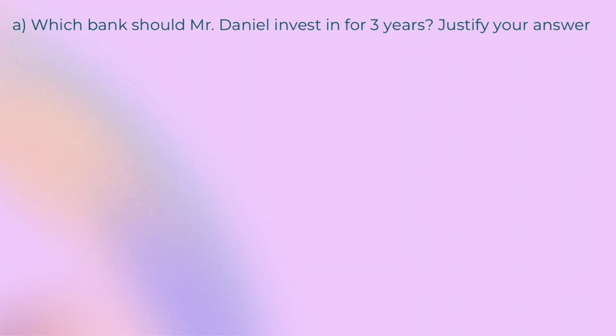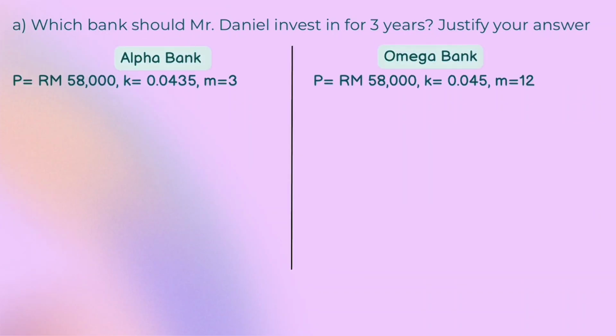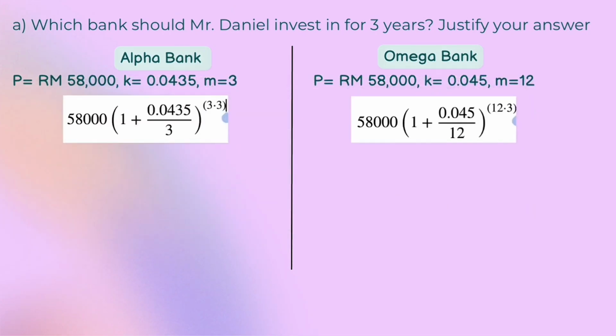Justify your answer. First step, pull out the information given in the question to make things easier for solving later. Don't forget to write down the compound interest formula before you calculate it. After that, we can see Alpha Bank's accumulated value is 66,023 ringgit 18 cents. Meanwhile, Omega Bank's accumulated value is